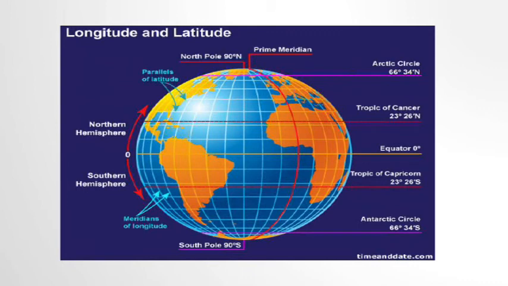And when you talk about longitudes, the world is defined in terms of the prime meridian. Everything to the west of the prime meridian is considered the western hemisphere. Everything to the east of the prime meridian is considered the eastern hemisphere. When you talk about the world, people generally talk about it in terms of the western hemisphere, the eastern hemisphere, the northern hemisphere, and the southern hemisphere. And this is how it's defined in terms of latitude and longitude.